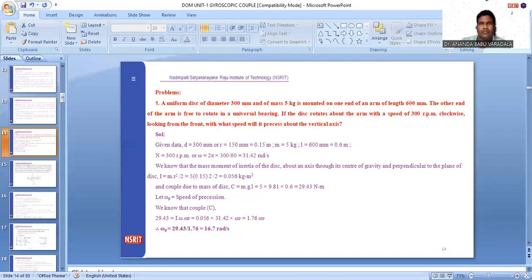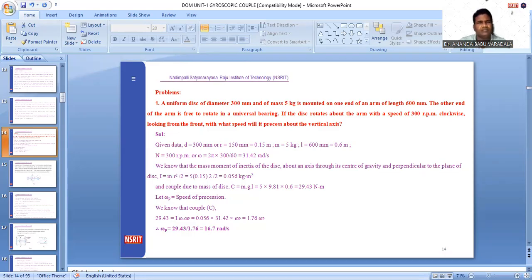Today we will discuss the gyroscopic couple problem. We will solve one or two problems from the gyroscopic couple. Now, shall we start? Yes. I hope you all are